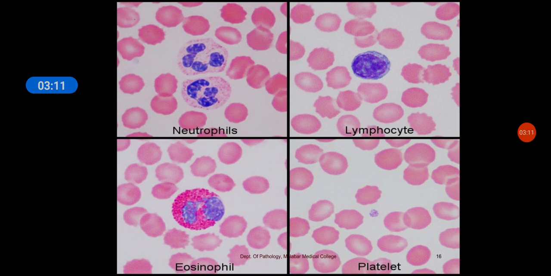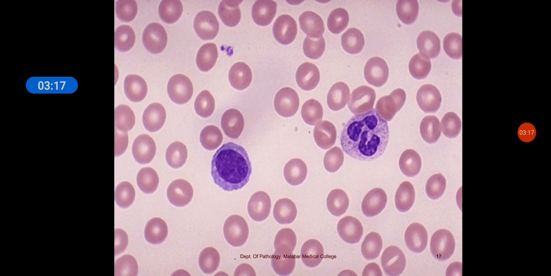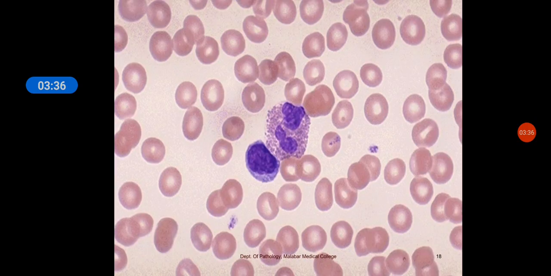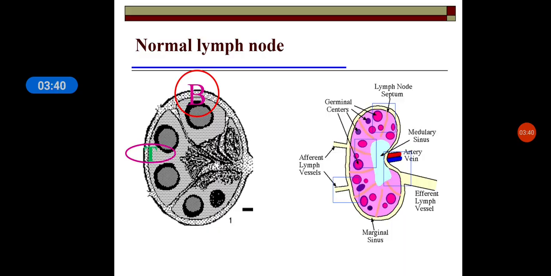This picture which you are seeing here is the platelets. This is a peripheral smear picture showing a lymphocyte and a neutrophil. Can you appreciate the lobes of the neutrophil and the granules in the cytoplasm? The background you're seeing is all RBCs and a small 1 or 2 platelets here and there. This is an eosinophil and a mature lymphocyte.